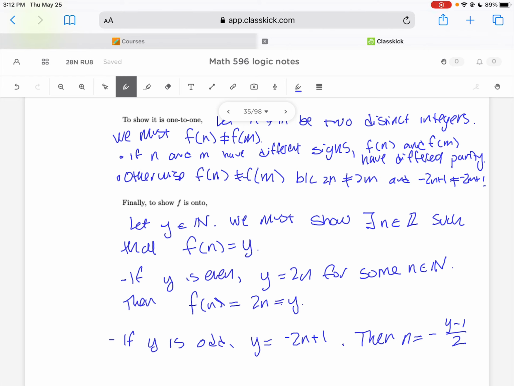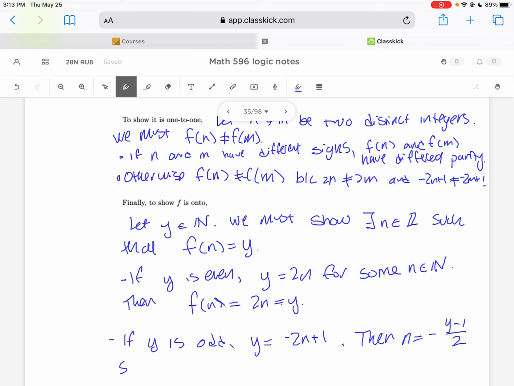We're going to claim that this is either a negative integer or 0, as y is odd. So when we subtract 1 from y, we get an even number. Even number divided by 2 is going to be a whole number. And, since y is odd, y minus 1 over 2 is going to be a positive integer because y is positive. Therefore, the opposite of y minus 1 over 2 would be a negative integer,